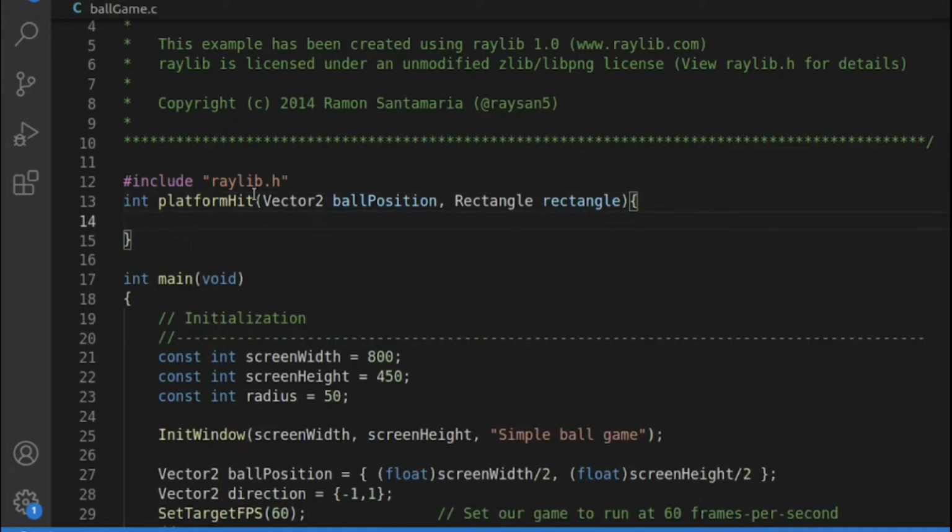So return value is true or false. We can make use of a bool here, but I'll just stick with int for now. So platform has been hit if the ball position dot x plus the radius of the ball. Okay, we need another input here, the radius, int radius, yeah, plus the radius of the ball